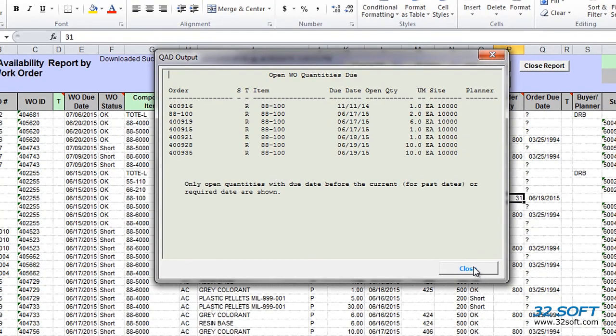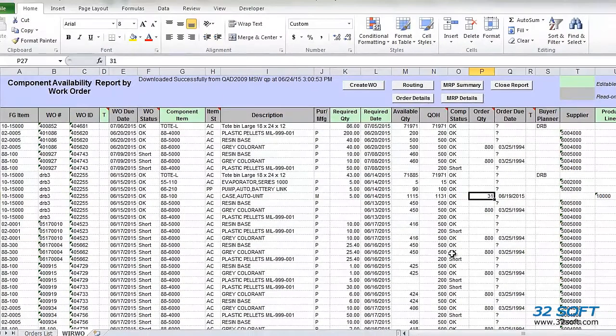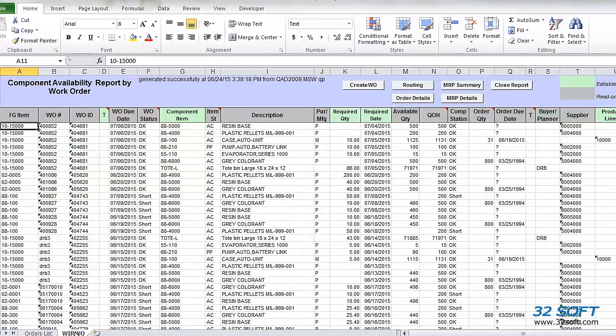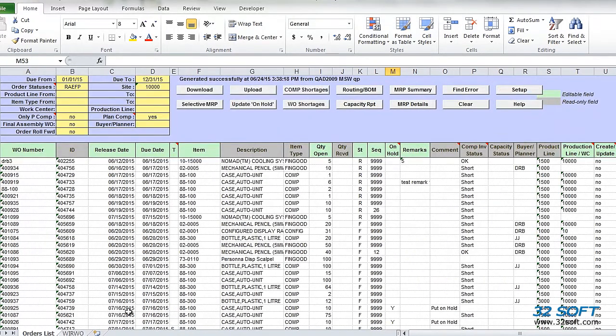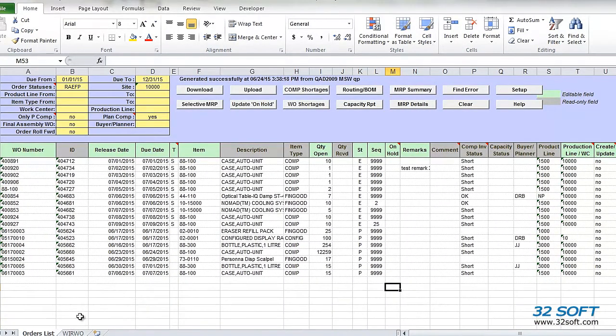In addition to identifying component shortages for existing or modified production orders, Production Planner also allows us to verify stock availability for new or simulated production orders. Let's go back to the main tab. To add a simulation production order, we need to go to the Orders List tab and add a new line